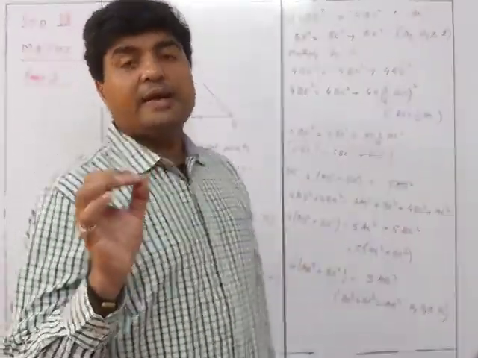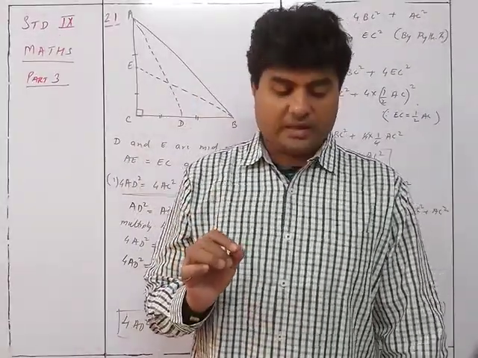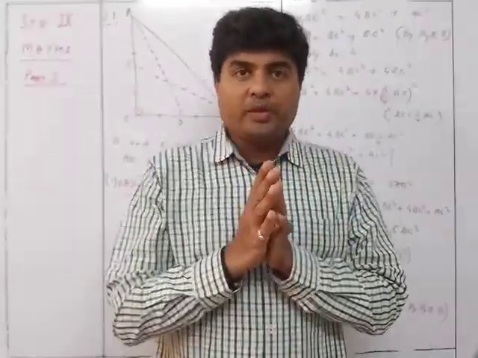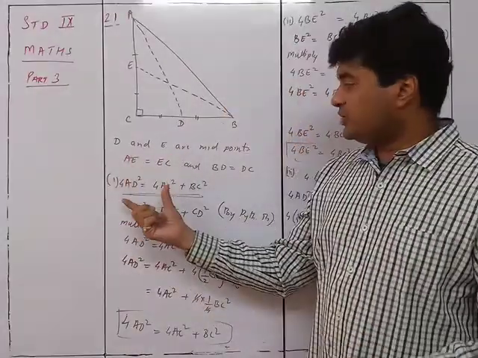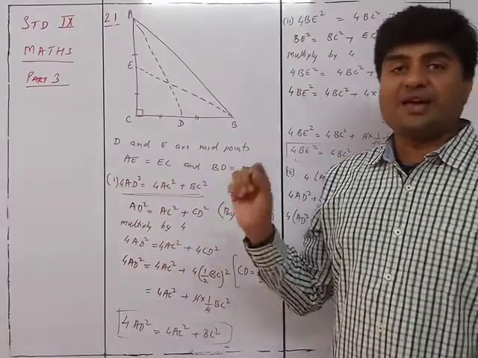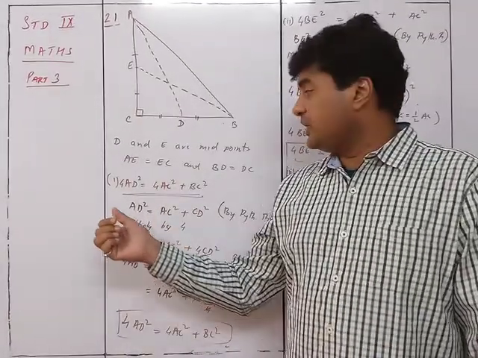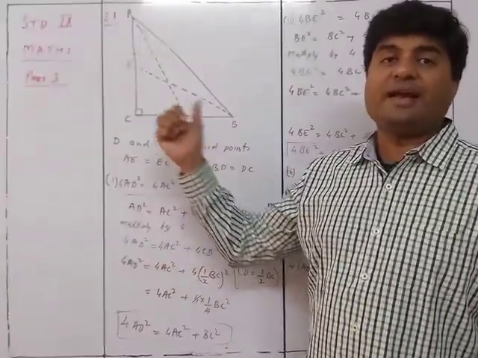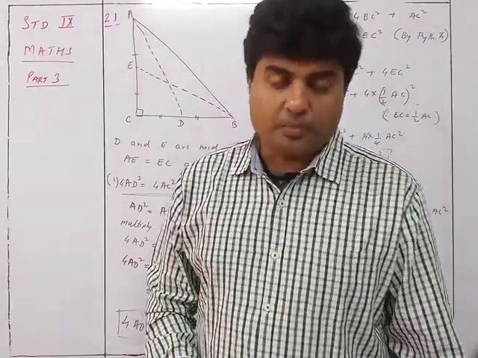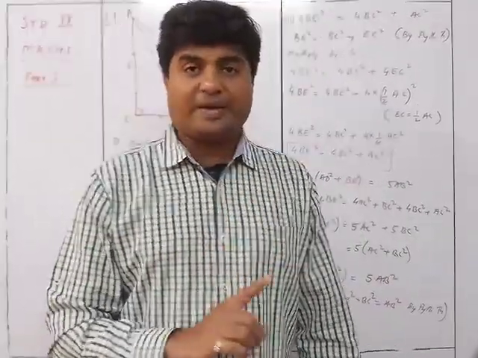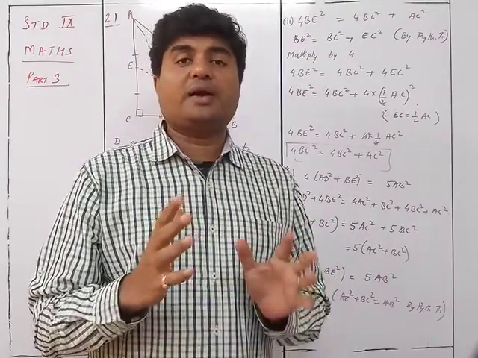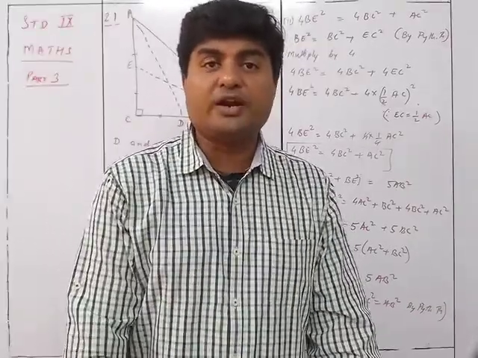You can see that in such cases, when you need to prove anything, we need to concentrate on what is to be proved. Accordingly, we have to take the right kind of triangle and the right kind of Pythagoras theorem so that we can get that thing easily. You need a lot of practice in this case. So be sure to practice a lot. Go through the solved examples also which are there in this particular textbook so that you can get more and more practice about such kind of proof sums.